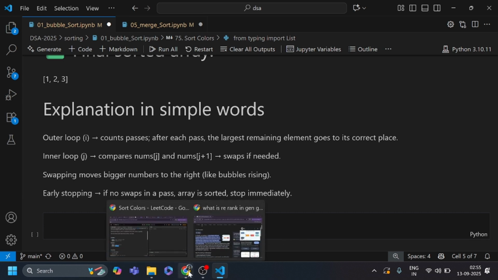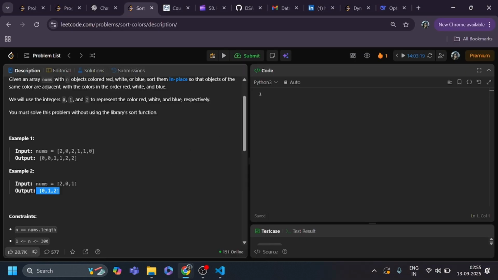Now I am going to solve this problem. Now I need to import List from typing. Now I need to define class Solution, where S is capital.